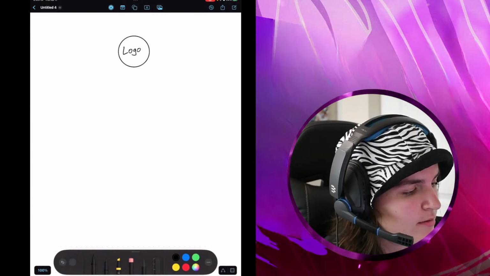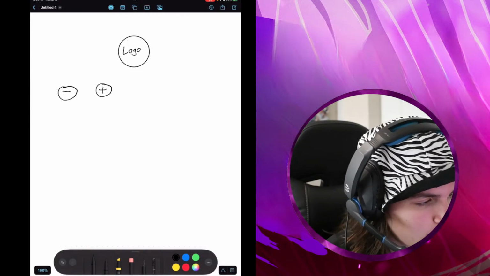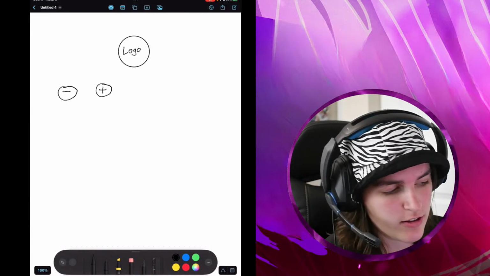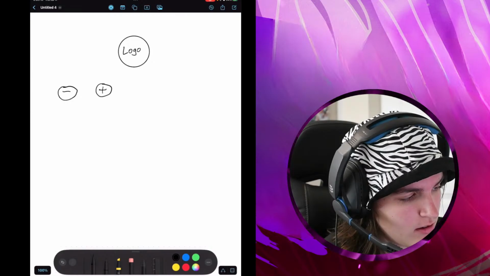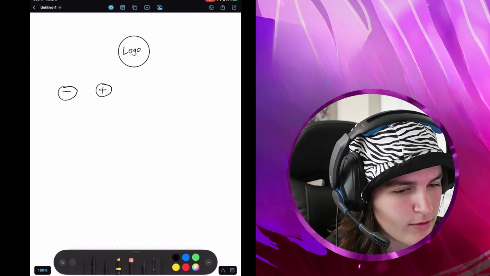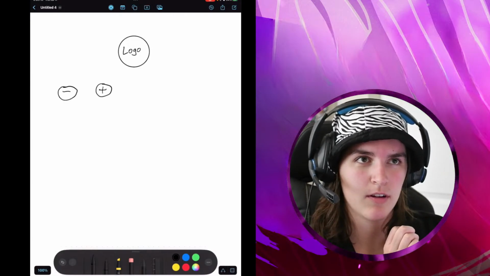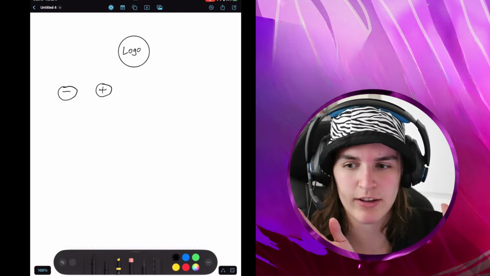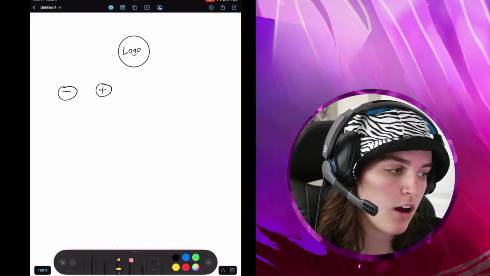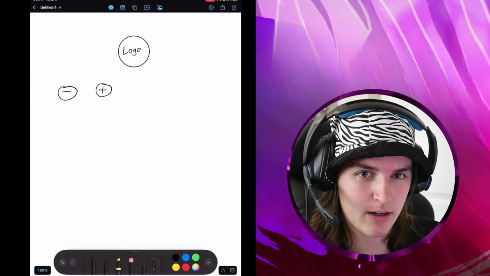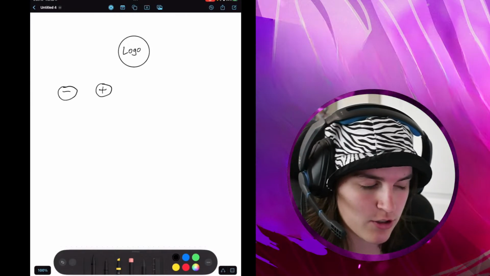And then, let's see. Alright, I'm gonna have a plus button and a minus button. Also, for this plan, I'm drawing the graphical user interface, the GUI. But I'm also going to write little notes on it too. Some diagrams will have boxes, so like some diagrams will kind of be like a tree diagram, so you might have a master box of what the program is and then separate it into branches of what it actually does. But for me, since I'm doing both a GUI and a program at the same time, I want to have the idea of what the GUI is going to look like and then the implementation behind it.